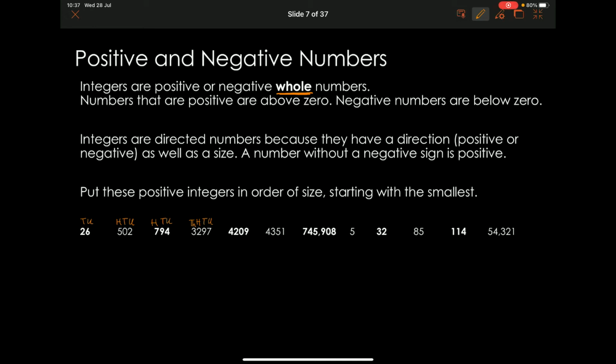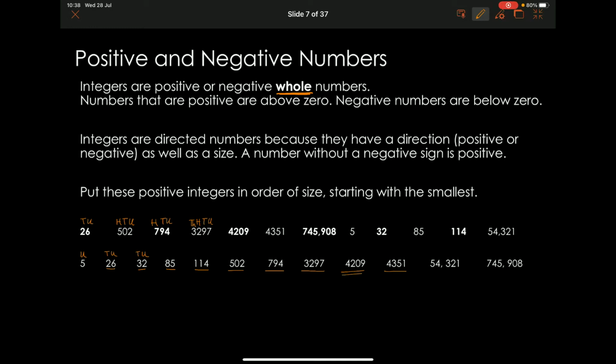Okay, if you've had a go, here are your answers. Now it's quite obvious that these are starting from the smallest and going up to the biggest. We have here 5 units. We have here 2 tens and 6 units. 3 tens and 2 units. So you can see they're going up. 26, 32, 85, 114, 502, 794, 3,297, 4,209,